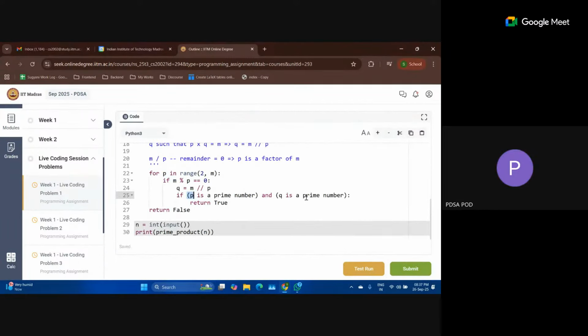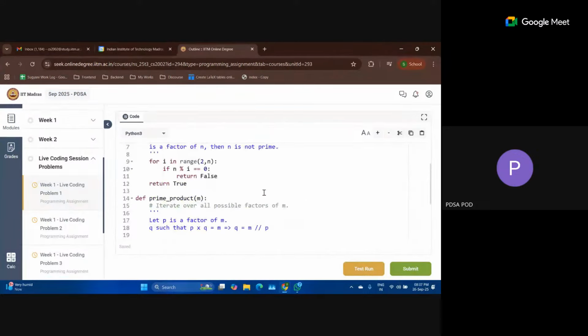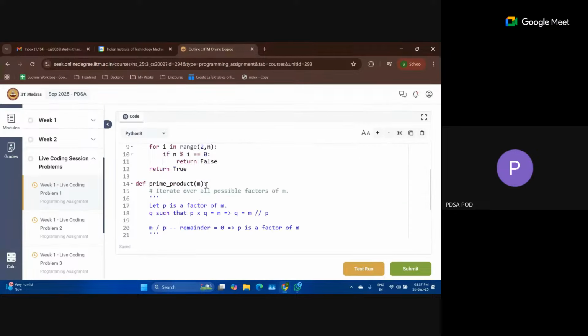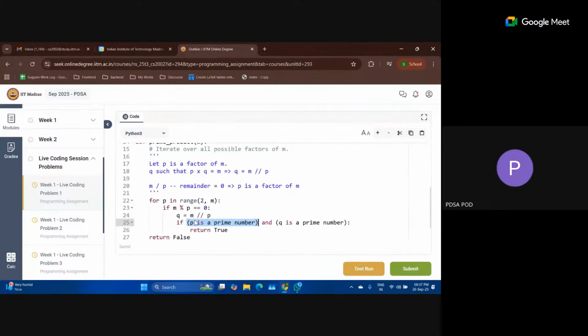Here we have to write, if p is a prime number. So how do we know p is a prime number? We are going to call this prime function with the value in the variable p, and that will return whether p is a prime number or not. So that's what I'll do here. Prime of p.